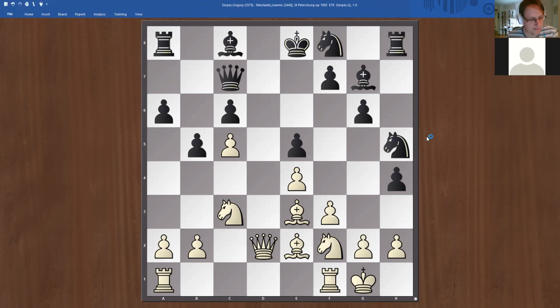See, this is a game from 1993, and I would say it's already a classic because in this game, white actually ends up sacrificing all his material, basically. So the idea is knight d5, but in the game, white prepared it by playing a4 first, because that pawn